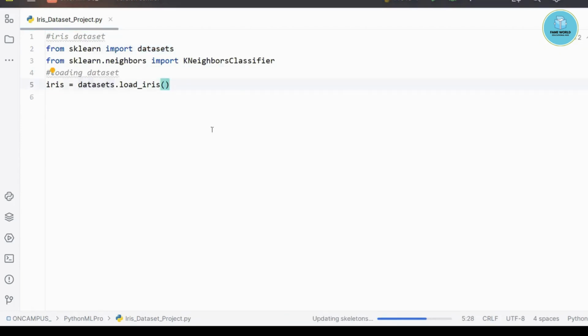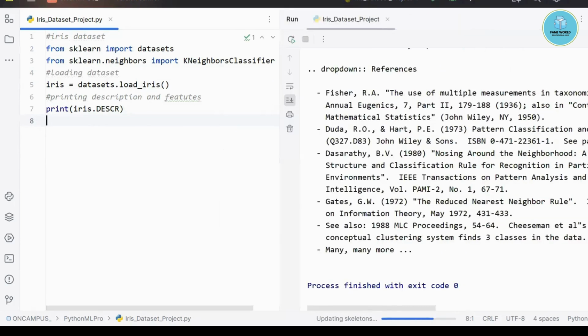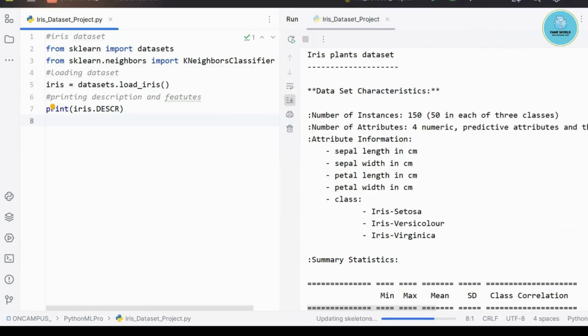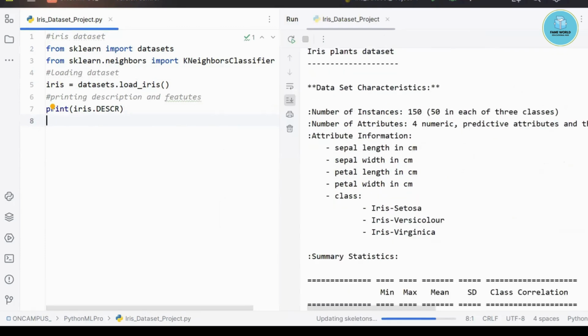If you want to see the description of this, you can use DESCR, the command with the help of which you will be able to do that. You can see we get the complete output here of DESCR, that is the description. Here you can see the complete description of the Iris dataset.